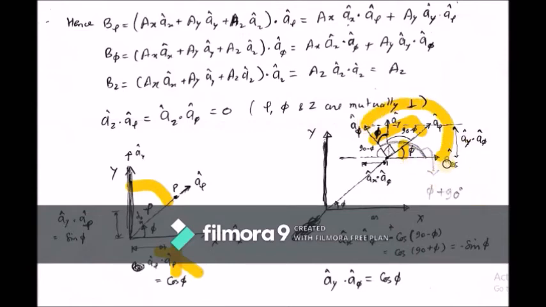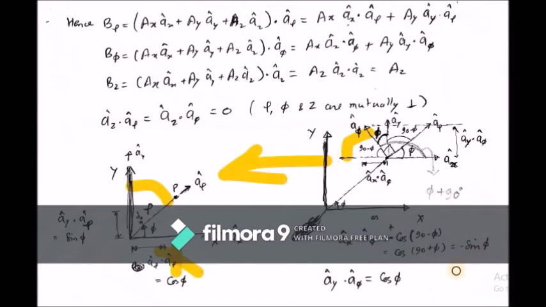90 plus phi. So ax dot a phi will be what? Ax dot a phi will be cos of 90 plus phi, and it is minus sin phi, or you can say from this figure, from this side, see, this is ax in this direction, so this direction will be what? Minus ax. So I have just considered this minus here by reversing the ax direction, and cos of this angle is 90 minus phi, so this is minus of cos 90 minus phi. So ax dot a phi is what?